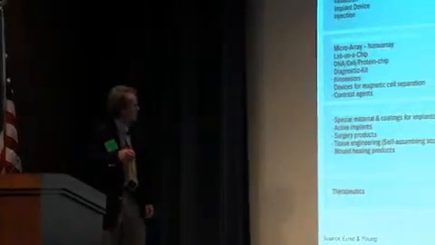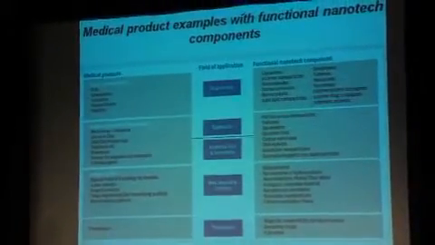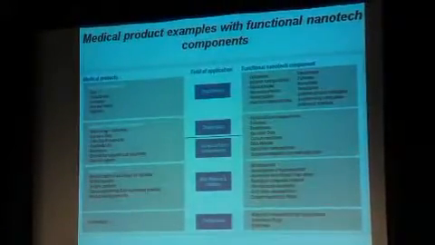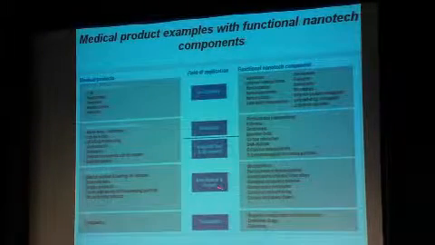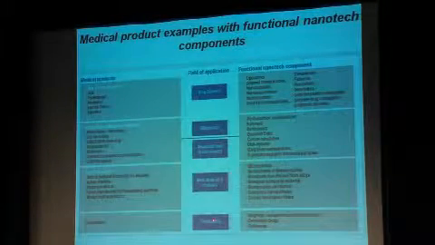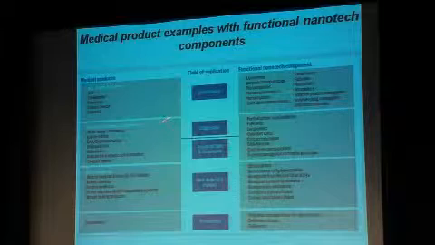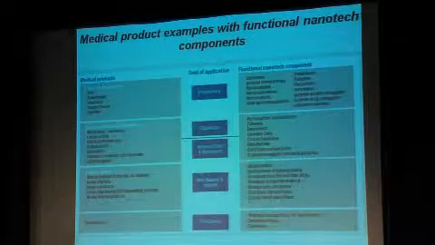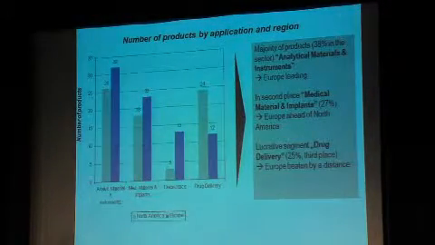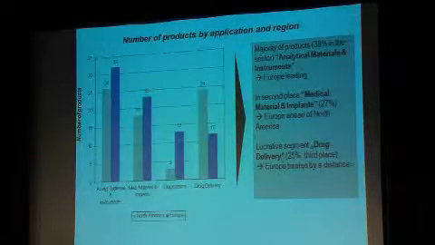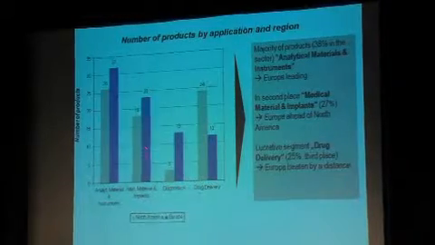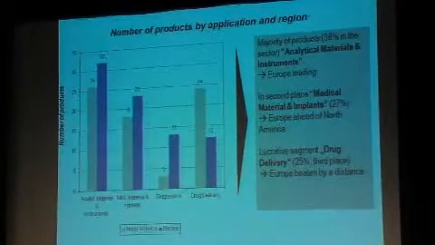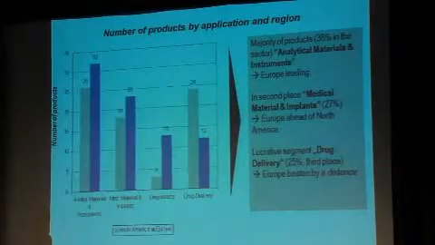So if we talk about medical product examples with functional nanotech components, there's drug delivery, diagnostics, analytical tools and instruments, for example, ex situ diagnostic and interrogation systems, medical material and implant biomaterial systems, and therapeutic systems. I can't go through this whole thing, but I promised yesterday I would try to profile how this is broken down across the ocean. So the next slide I put in talks about the fact that in North America versus Europe, North America being in gray, Europe being in blue, there is a difference in attitude, at least in how it's manifested as the products are developing.